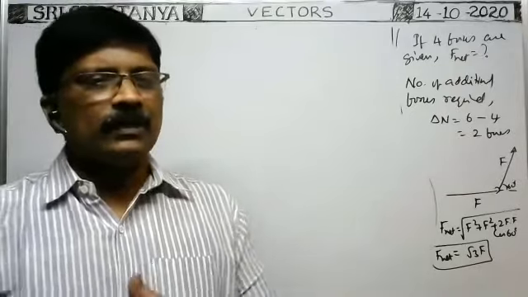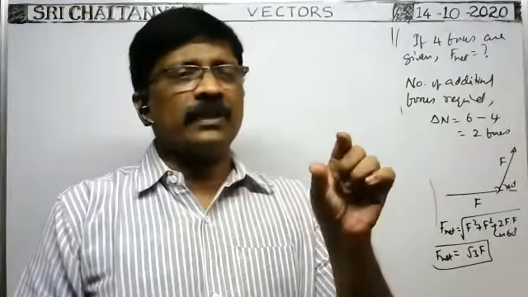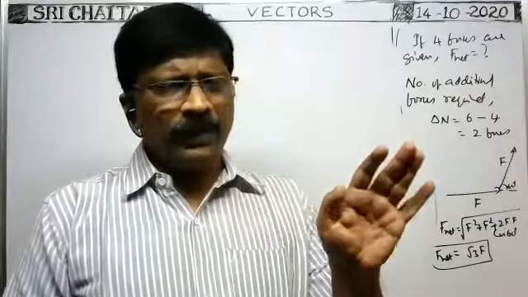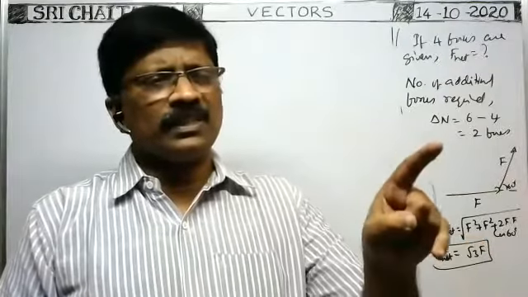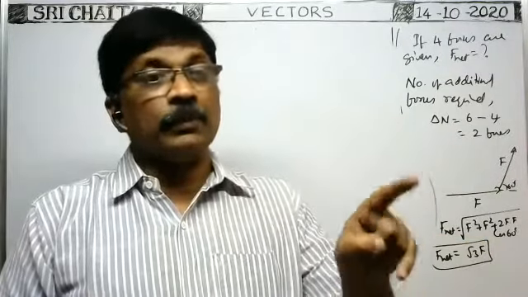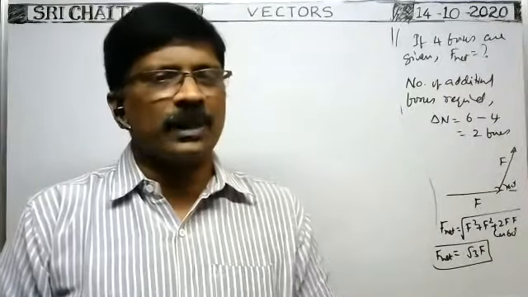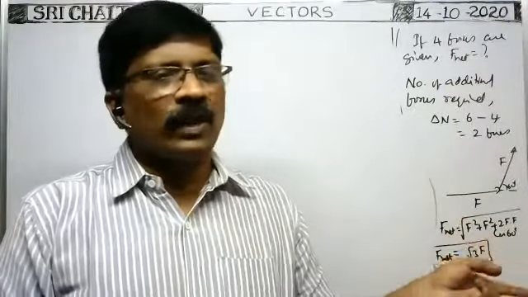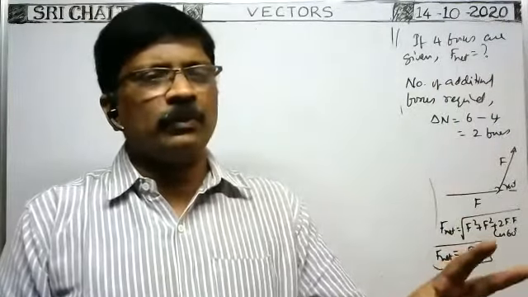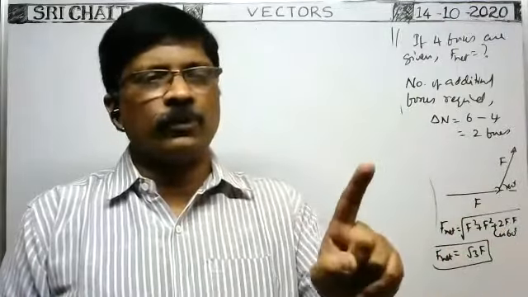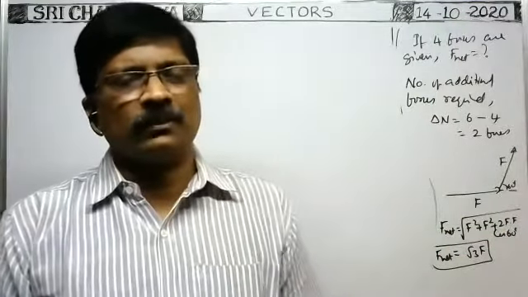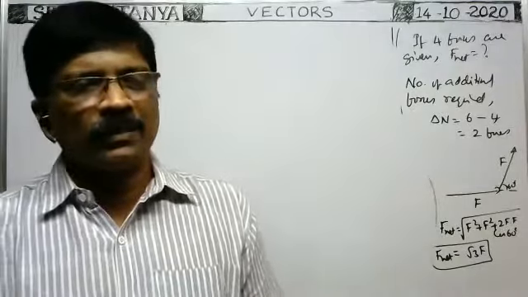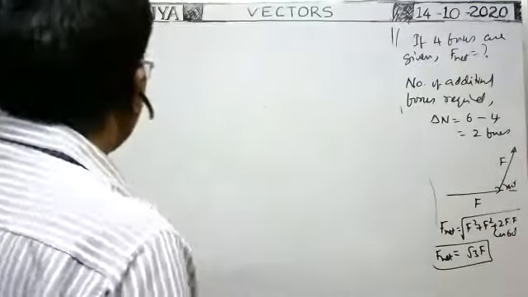F. Because with 30 degree between the adjacent forces, the number of forces required is equal to 360 by 30. That means 12 equal forces are required, but only 11 are there. So what is the additional force required to keep in equilibrium? 12 minus 11 means only one force. One force is the resultant force. That's all. Okay. Next.